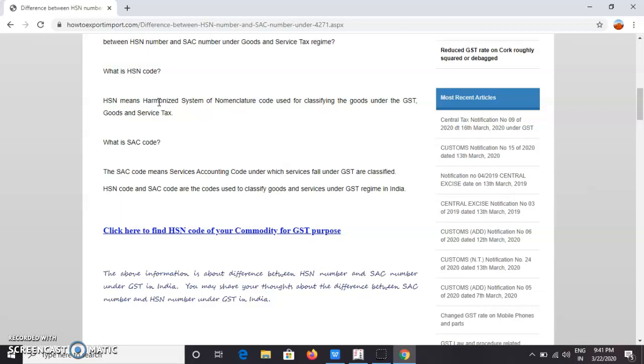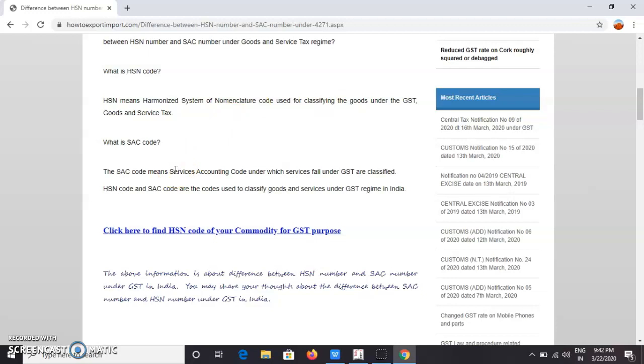For example, for soap they have given 1 lakh, so all 1 lakh codes mean soaps. For soaps they will directly give some percentage, 18%, 20%, the GST rate. So just for identifying the product, or for classifying the goods, they have given some code, we call it HSN code. For goods it is HSN code; for services we will use SAC code. SAC code stands for Services Accounting Code. HSN stands for Harmonized System of Nomenclature Code. This is for goods and SAC for services.